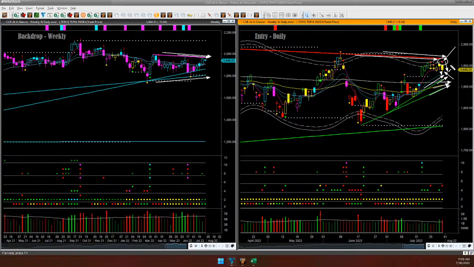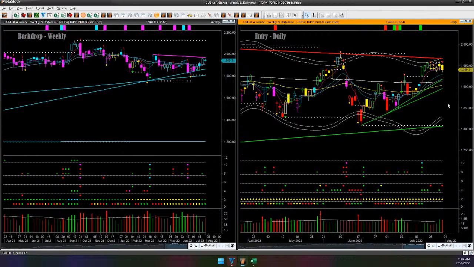I'll not short and I'll not take long unless this trend line resistance can be broken in daily, at which point the trend line resistance in weekly will also be broken. For short-term trading purposes, we can say that Topix is moving sideways inside a triangle. So Australia bullish, Japan sideways,